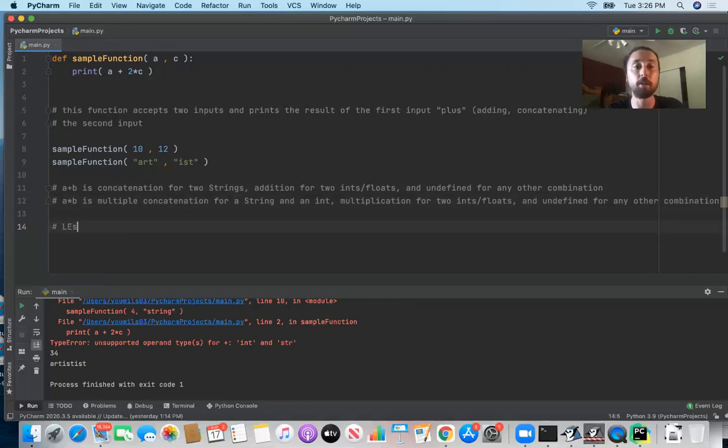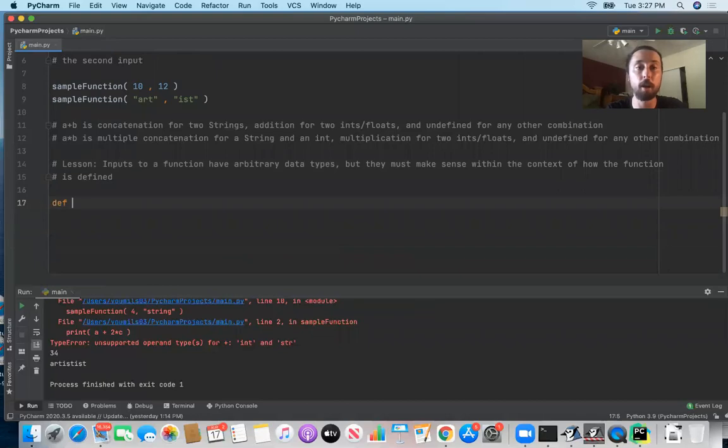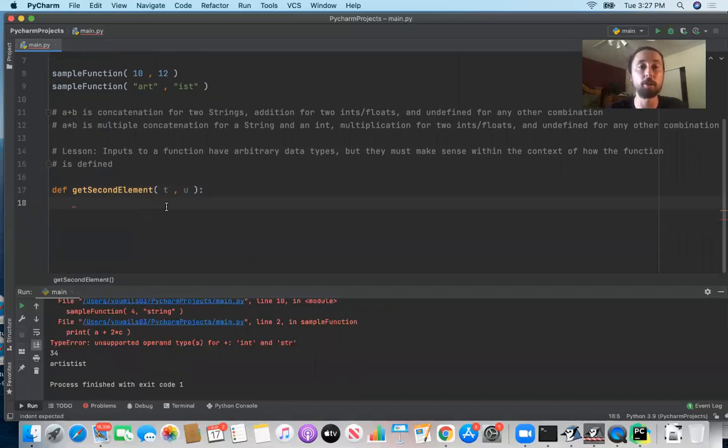But basically the lesson here is that inputs to a function can have arbitrary data types, but they must make sense within the context of how the function is defined. We saw an example of that in the previous video. What if we define, basically, get second element? I think we did a similar example in the previous video. But basically what you would have to do here is something like, you could make u